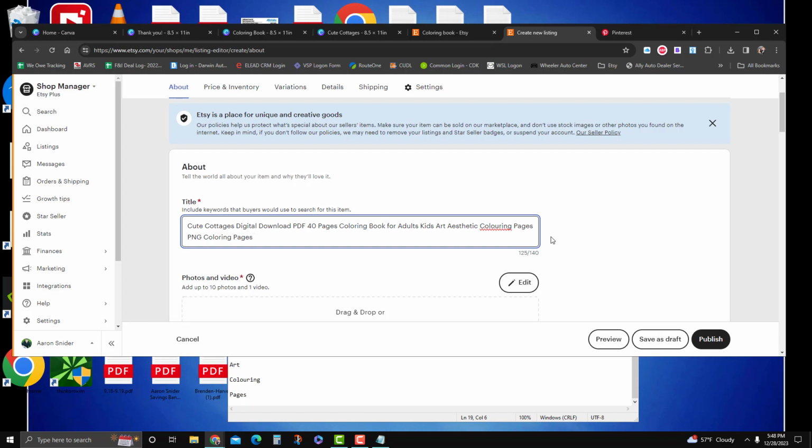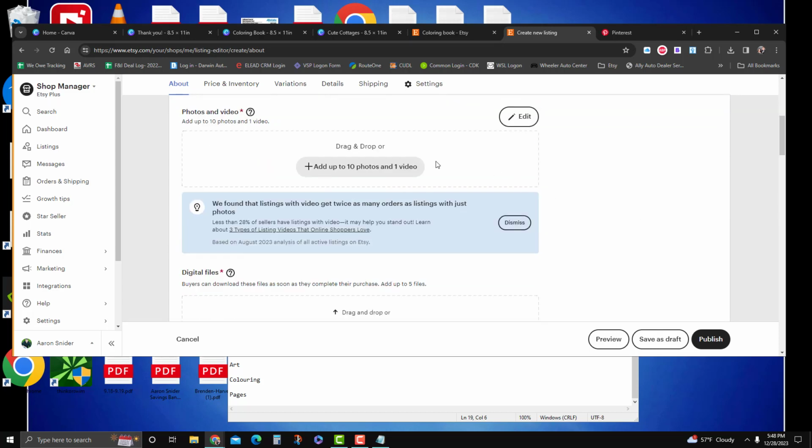Coloring pages, printable, okay, page, very good. Okay, that's good. Okay, so